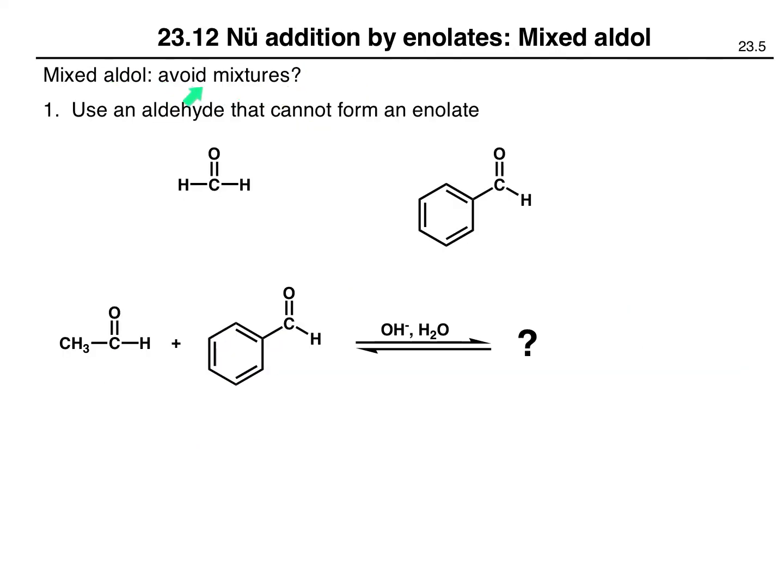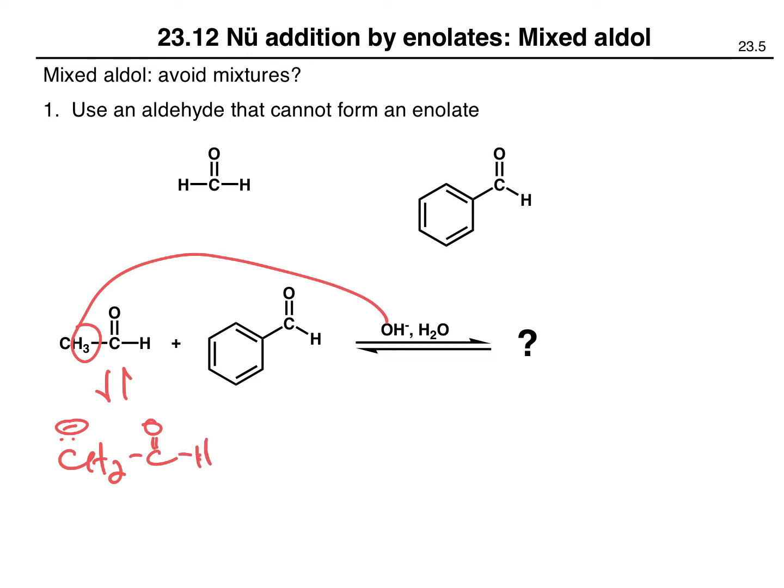So how can we avoid mixtures when we're trying to carry out an aldol between 2 different compounds? Well, it will help if we use an aldehyde that cannot form an enolate, such as formaldehyde or benzaldehyde. There's no alpha hydrogen, so no enolate can be formed. So let's say, for example, we react acetaldehyde with benzaldehyde. The hydroxide can form some of this enolate to give this intermediate, and now this intermediate can react with benzaldehyde,